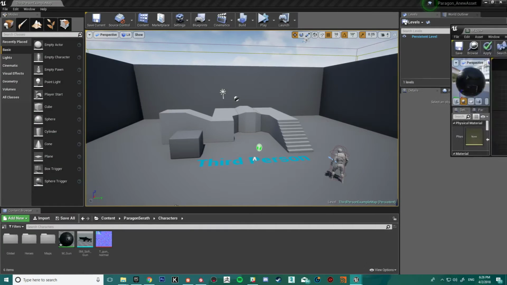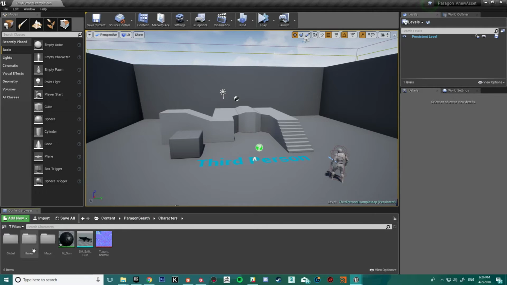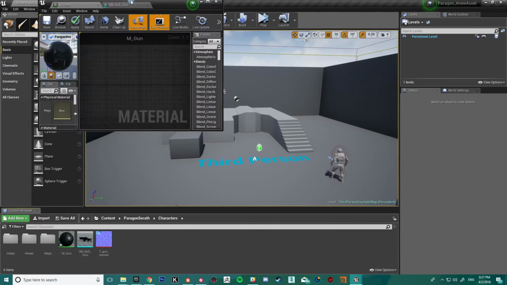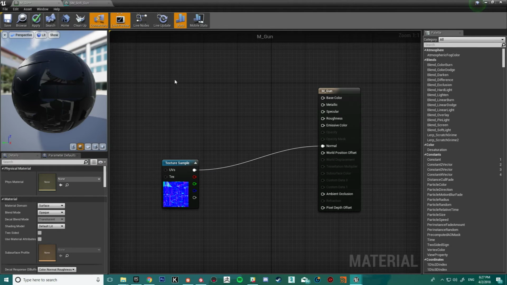But if you're creating a game with lots of variation, so let's say I want 20 of these guns, and maybe I want my users of the game to be able to customize the weapon with different colours and things like that, then things become a little bit more complicated, because then you're going to have to go back into the material editor and mask out those sections anyway. So in the end, you're going to want to look at the material layer workflow.